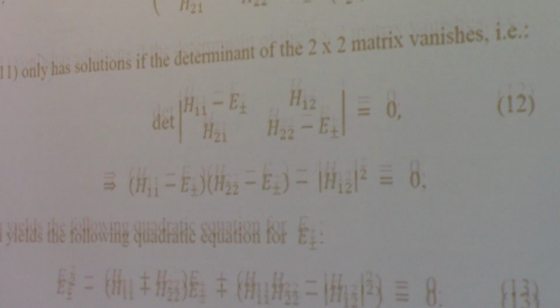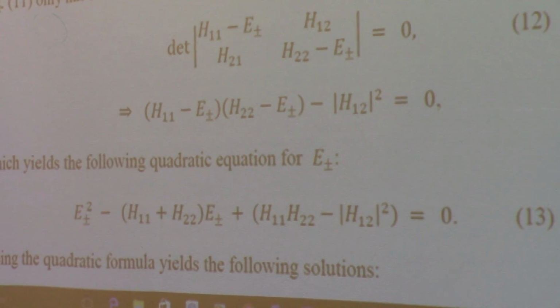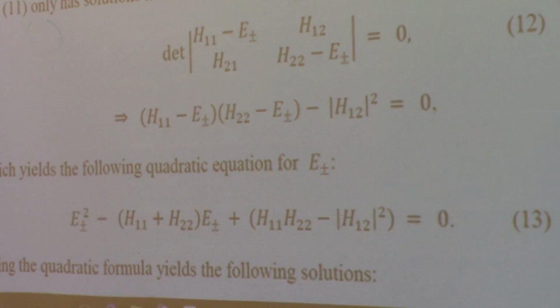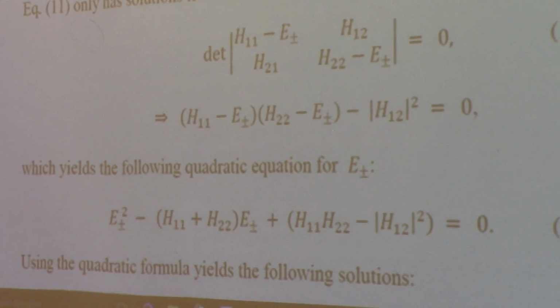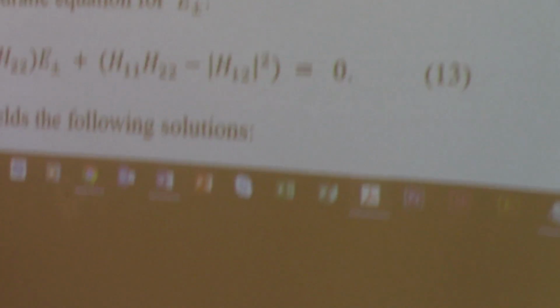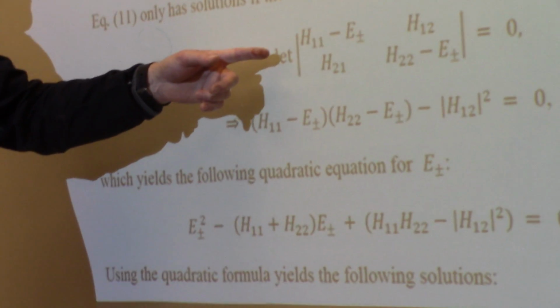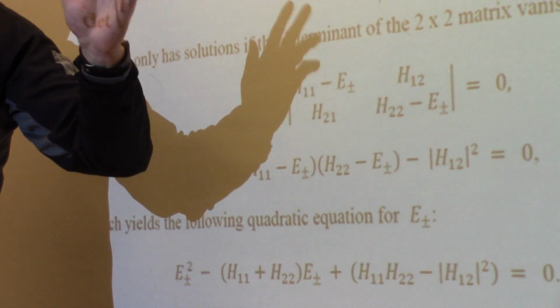Can I find the characteristic equation? Is that what it's called? I guess. So at any rate, this matrix equation has a solution if the determinant vanishes, maybe if and only if, I suppose,